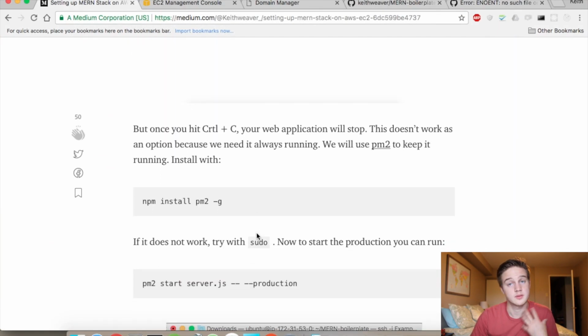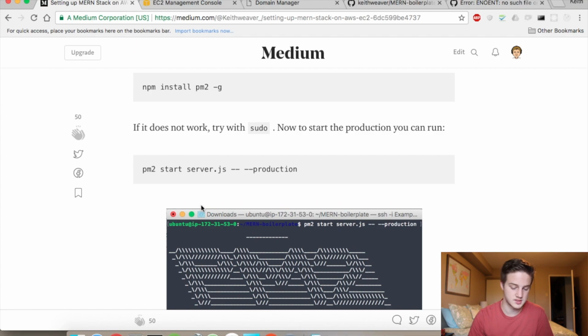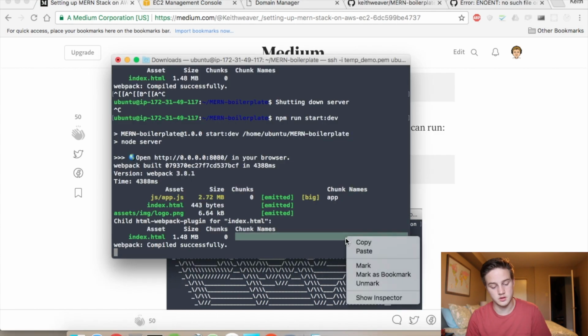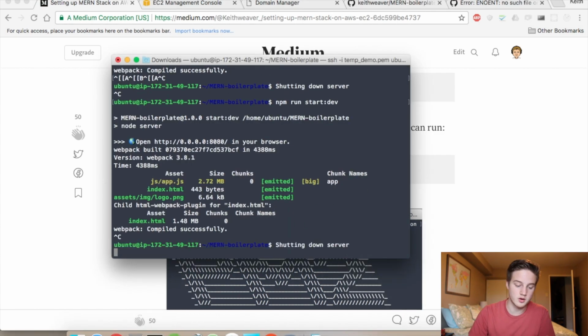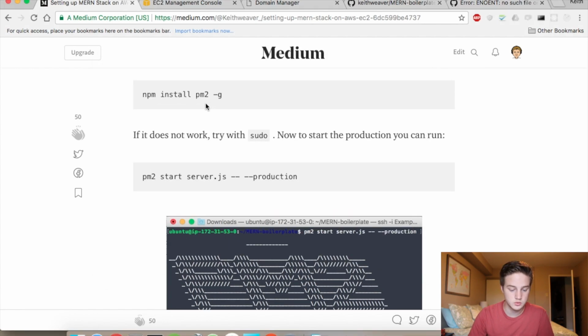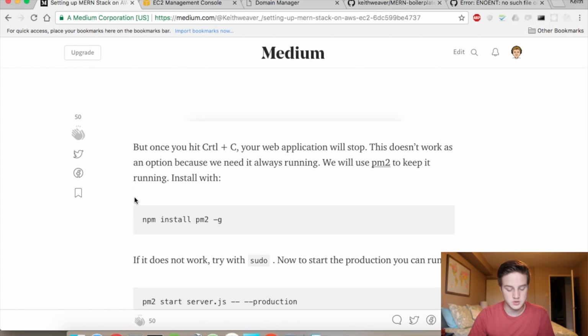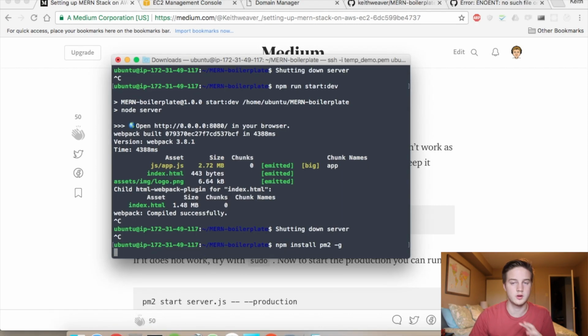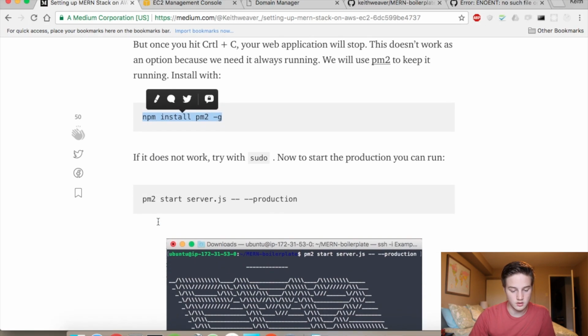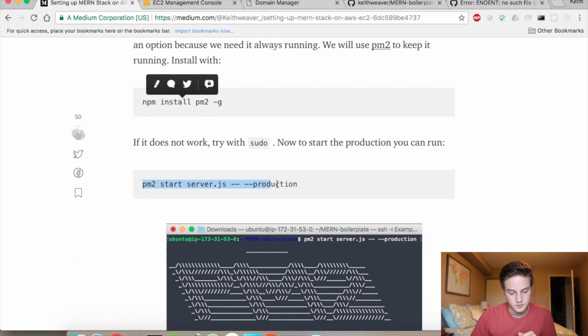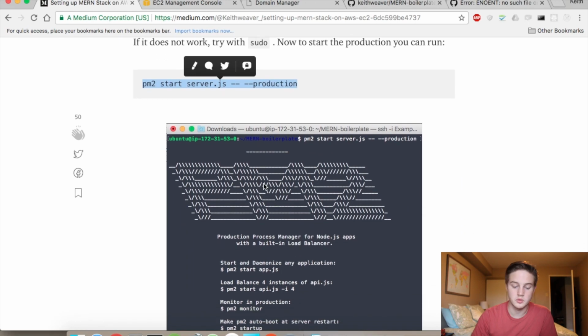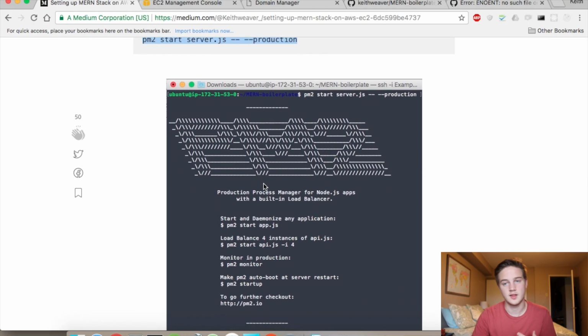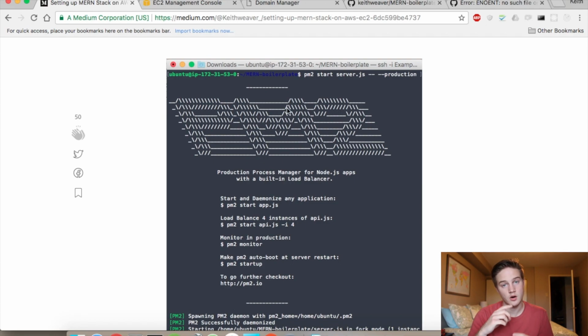database is working. Next, I can't just run this dev server constantly, because as you can see, I'm currently in a process. I need it all to be run in the background. So we're going to use pm2 to run it. You run npm install pm2 globally to install it globally. You don't need it specifically for this package, and all we're going to do is run pm2 start server.js, and we're going to run the production environment,